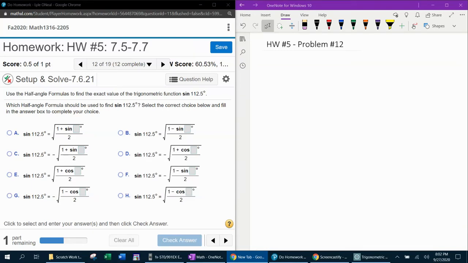All right, here we go. Question number 12 from our 1316 homework number 5 in MyLab Math. It says use the half angle formulas to find the exact value of the trigonometric function. And here they want us to find sine of 112.5 degrees. So the first thing we need to do is understand that it says half angle formula,